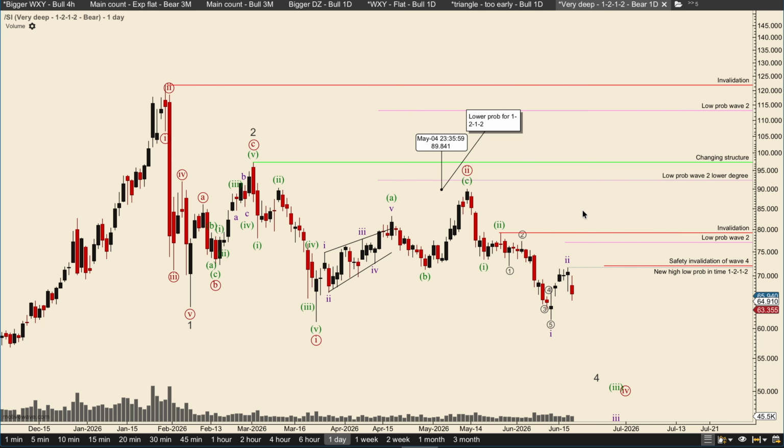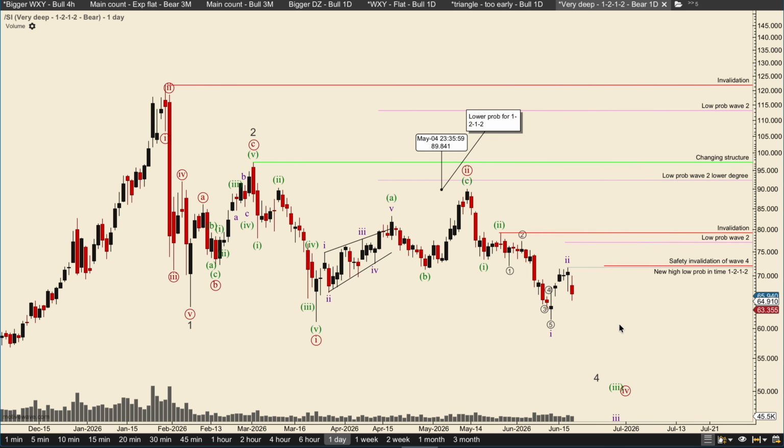So here the bulls, they want to make a new high, as I have written here. They want to take out this high, because if we take out this high here, this gray line, then it's a lower probability that this is indeed a 1, 2 because of the time. And also this is another wave 4 in another possibility of counting this. So I would like for us to move up, take out both of these to lower the probability for a wave 2 here, and also invalidate one of my alternative counts here for another wave 4